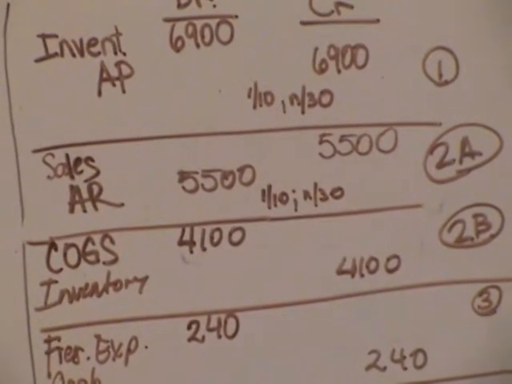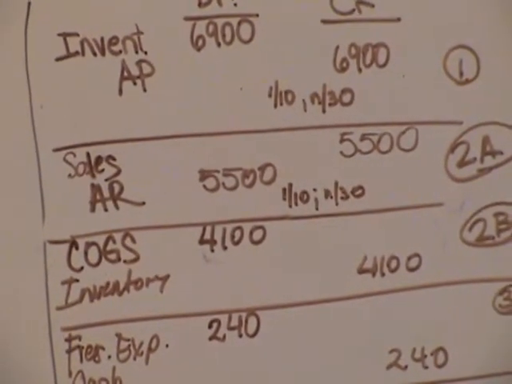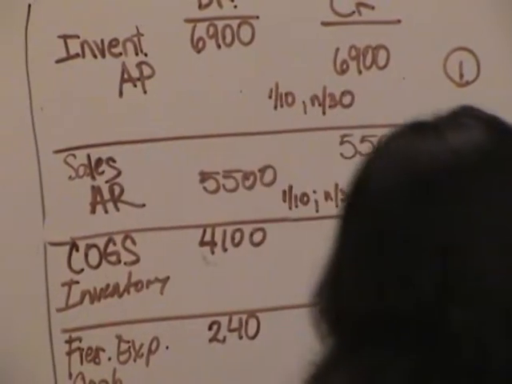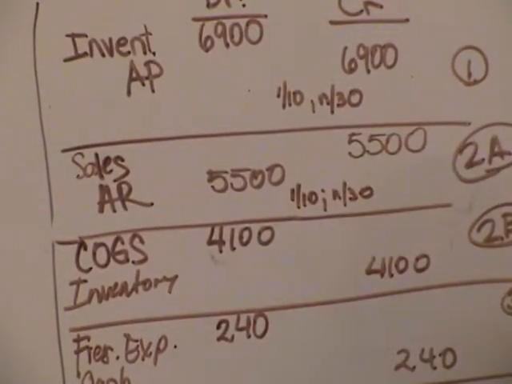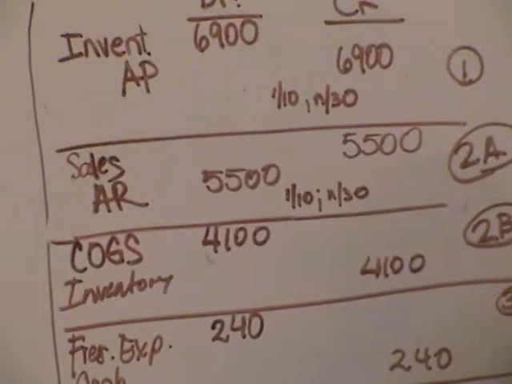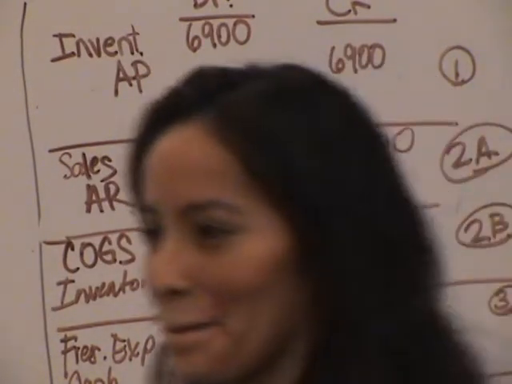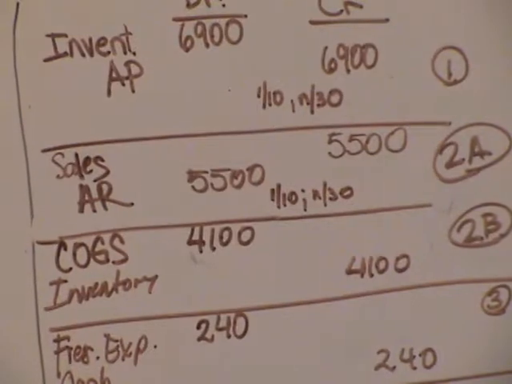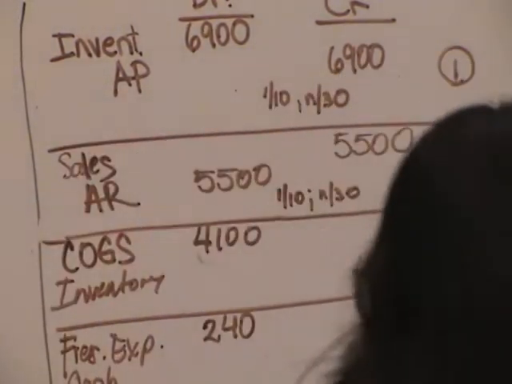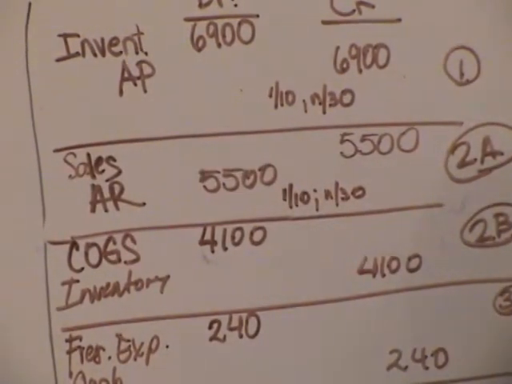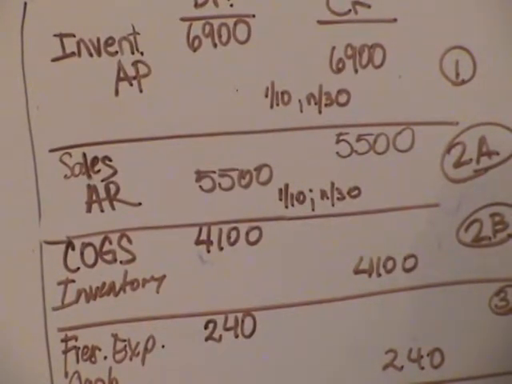Sold merchandise for cash. This time it's for cash though, not a receivable. It's the same A and B. So whenever we sell something, Angie, we have to commit to memory the journal entry A and B. So it's cash. How much was it? 6,400. So merchandise for cash, 6,400. So we received cash for 6,400.